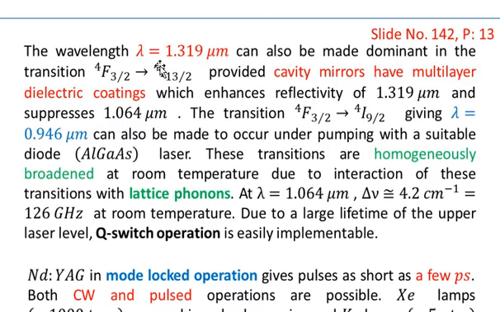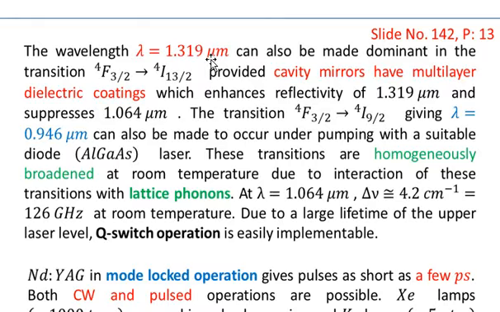The wavelength 1.319 micrometer can also be made dominant in the transition from 4F3/2 to 4I13/2. You see that this level 4I13/2, I have not shown this level, but the transition 4F3/2 to 4I13/2 will take place and will give you a wavelength equal to 1.319 micrometer, provided